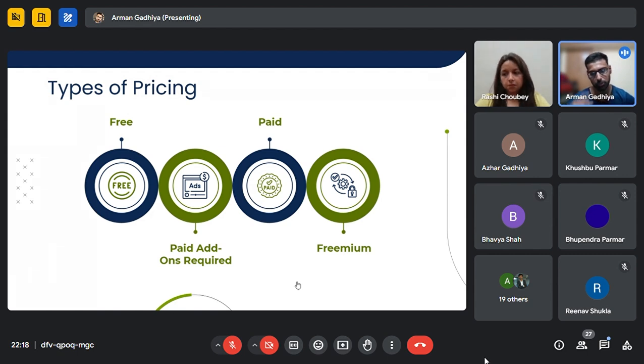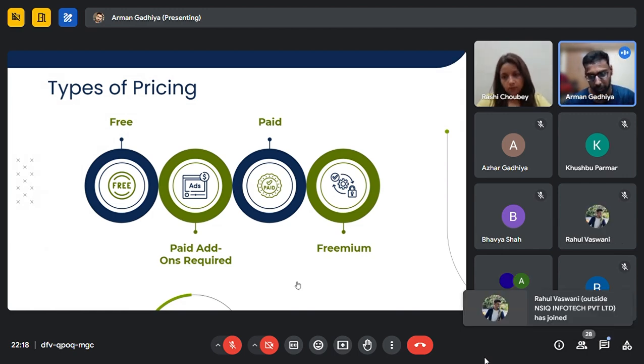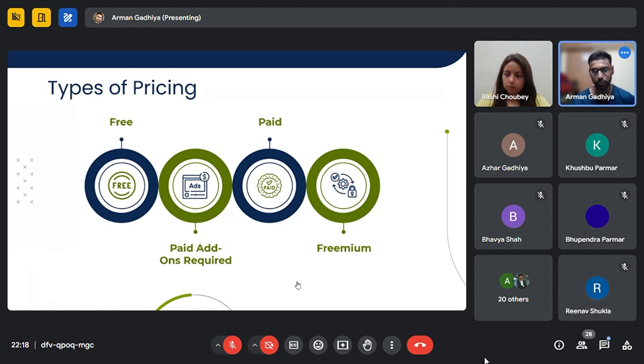Again, we can take the example of Spotify. Each and every user can listen to music for free, but in between the songs there will be ads visible in their interface. If they want to bypass those ads, they need to buy a premium version of it. The premium version also provides some extended functionality, like downloading functionality, etc. Similarly, the basic version of ChatGPT is free, but if you want to increase the limit, you can buy the premium version of it.